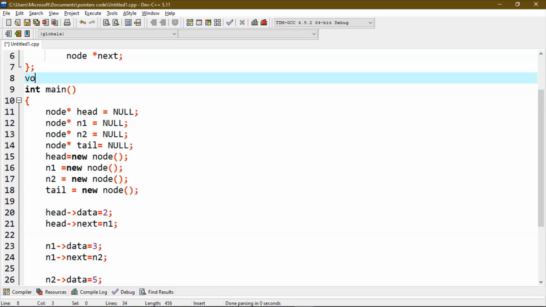This function will be a void function. Argument is node star a.